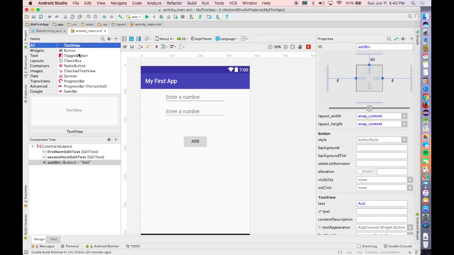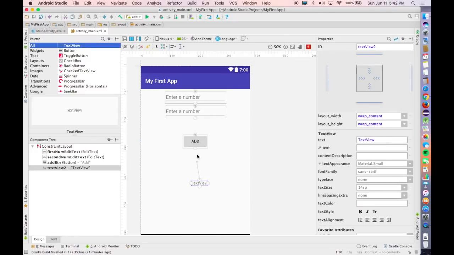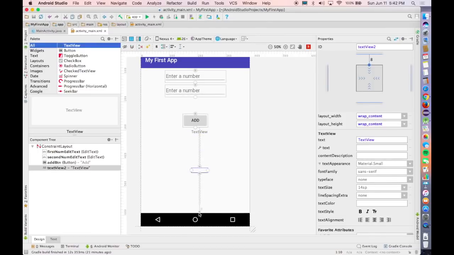Okay, so now I'm going to add a text view underneath, and I'm going to drag that into the activity, glue it to the bottom of the button. I'm also going to glue it to the bottom of the activity, which is going to center it vertically between this button and the bottom, and horizontally center it as well. This text view is going to be displaying the result. So I'm going to name the ID of it result text view,